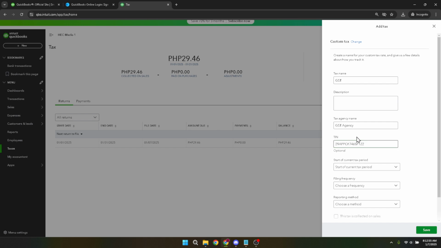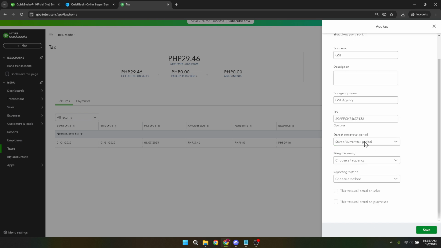Moving on, it's time to key in the tax agency name. This is the governing body responsible for collecting the tax. Here, accuracy reigns supreme once again. Ensuring that this information is correctly entered will facilitate better record keeping and smoother communication with the agency in any case of tax audits or inquiries.